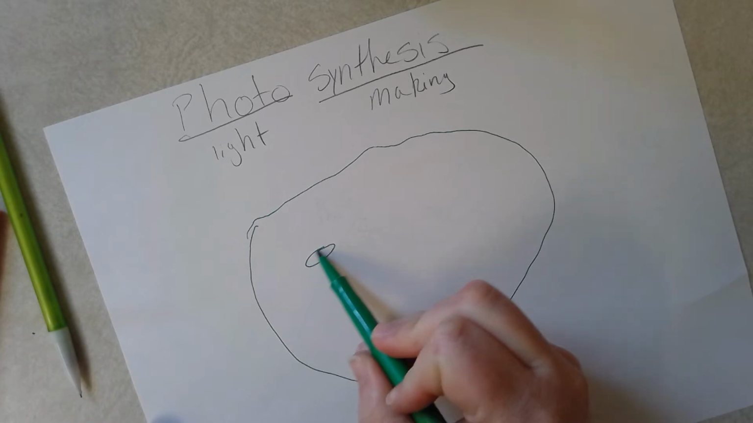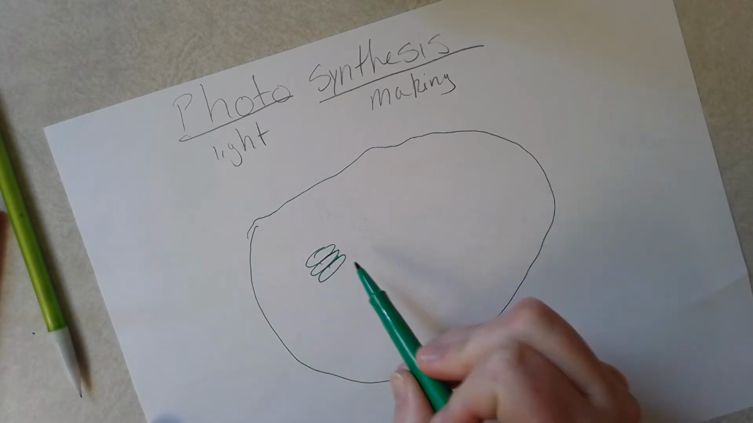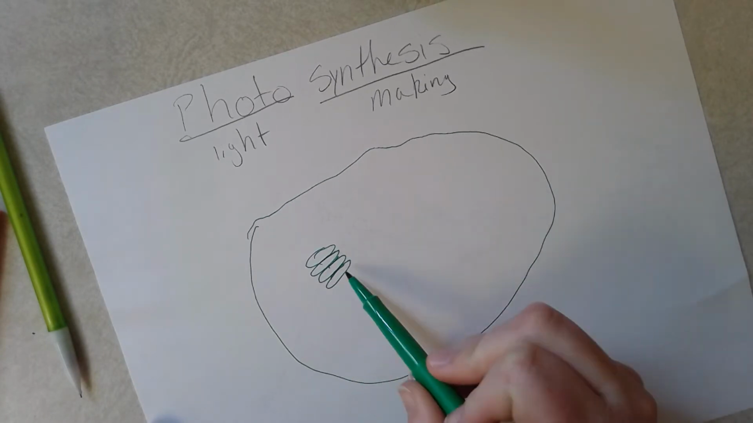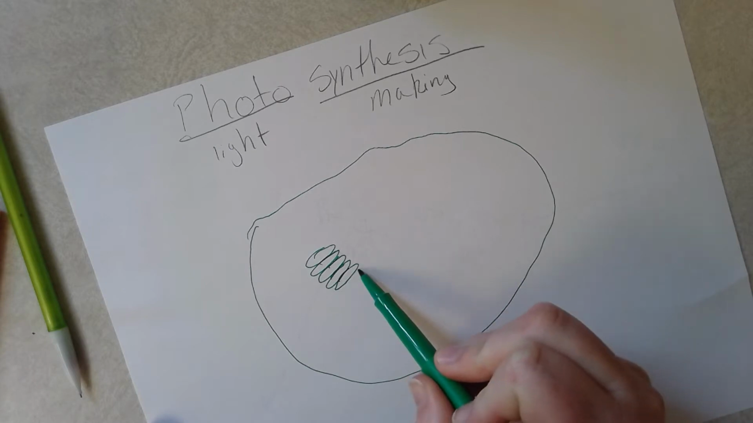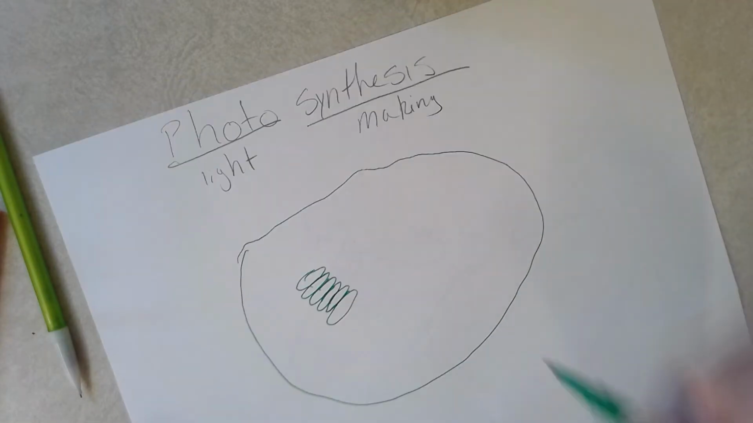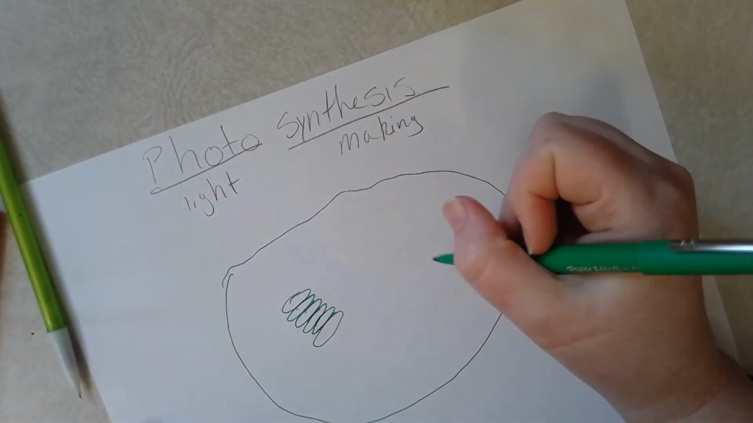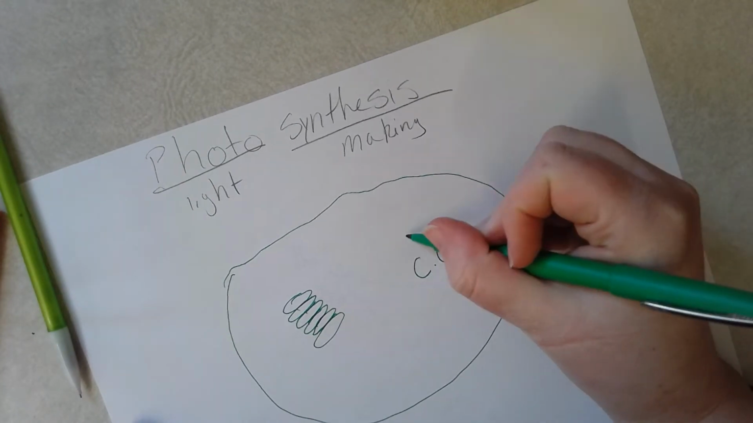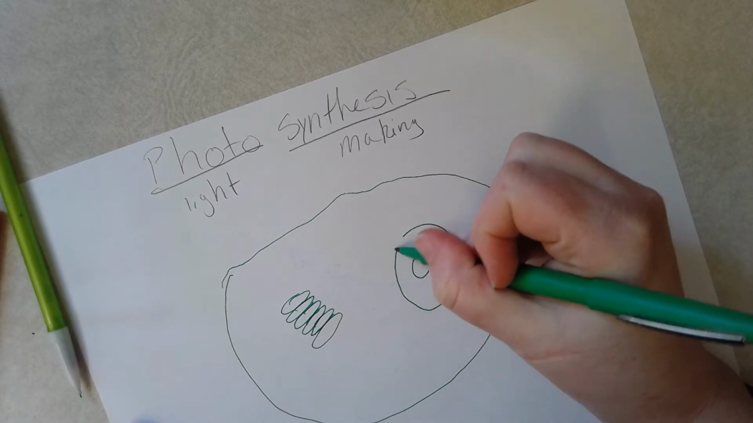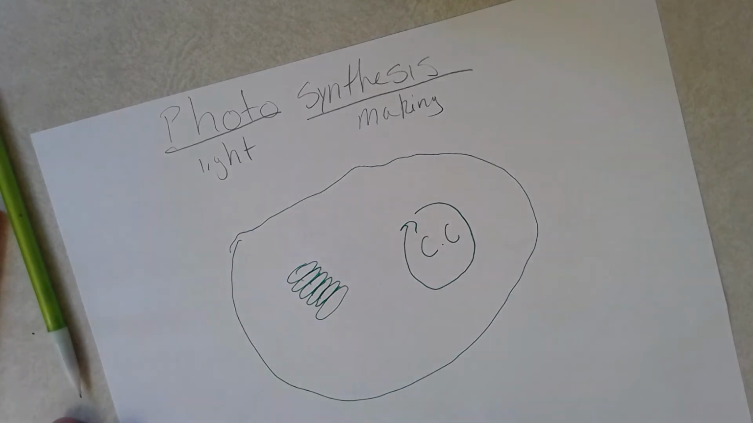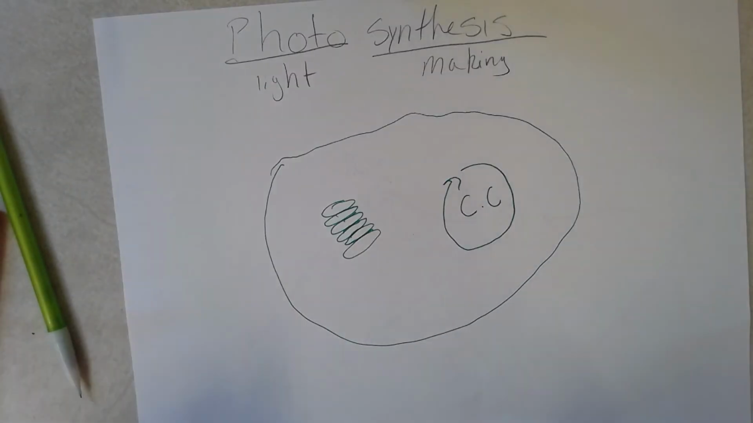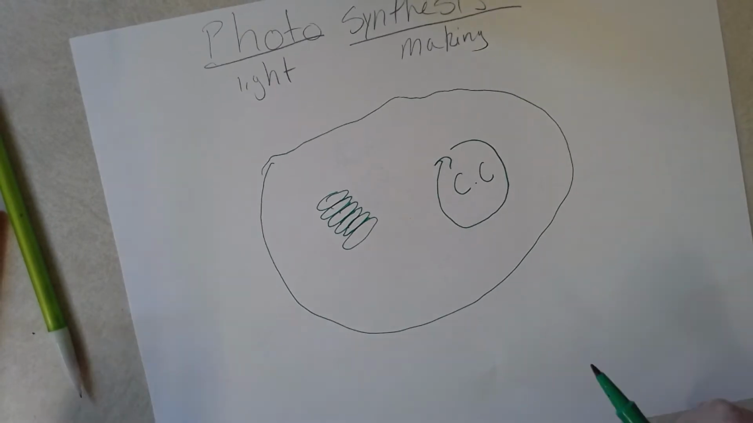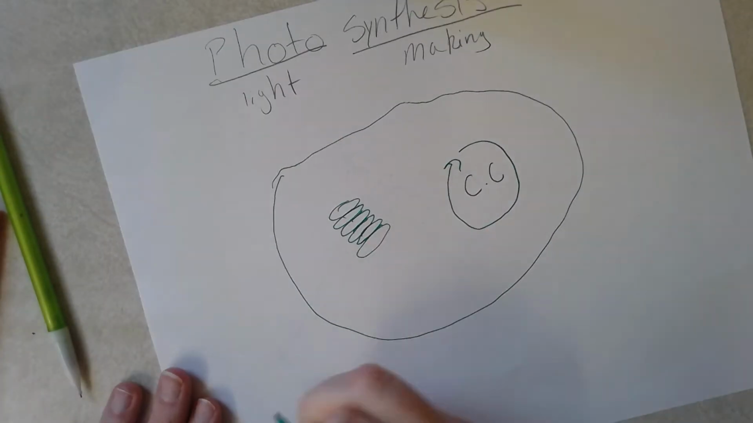You have the thylakoid sacs, which are grana, and then in the stroma of the chloroplast you have the Calvin cycle. So this is the same equation as cellular respiration, but backwards. So this time it would be